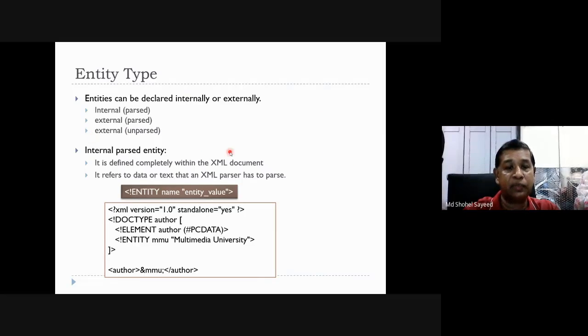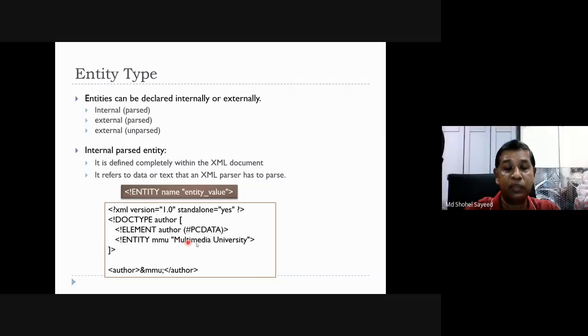In the case of internal parsed, it is defined completely within the XML document. Look at here, entity. We put the name of the entity and the entity value within double quotation marks. If you write this into XML code, the declaration of the XML, then document type is author, element is author, PCDATA, and entity MMU.